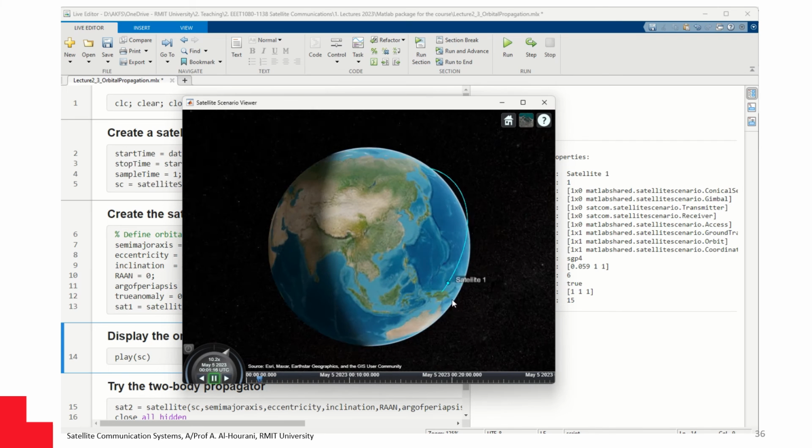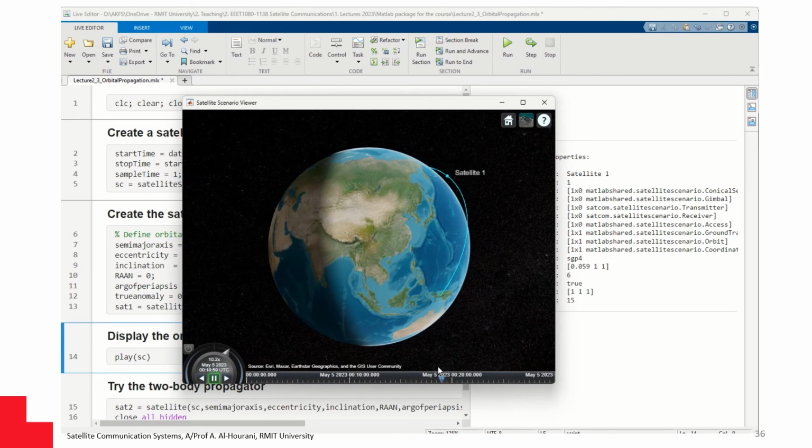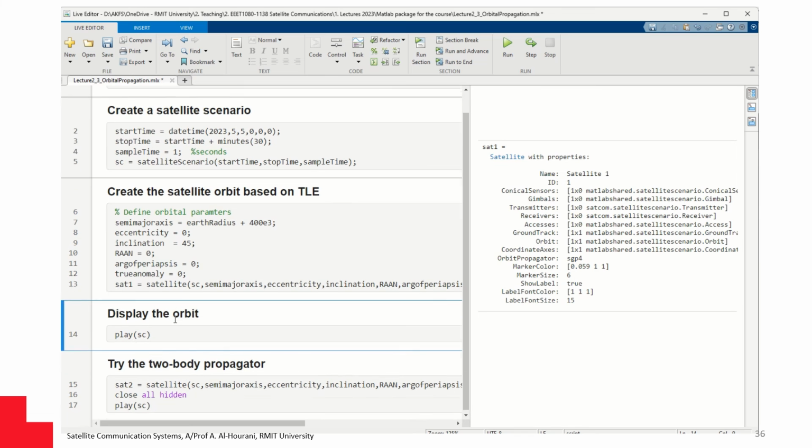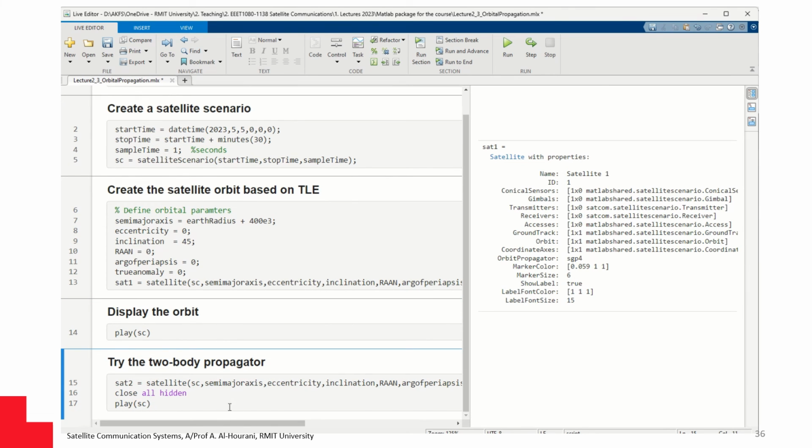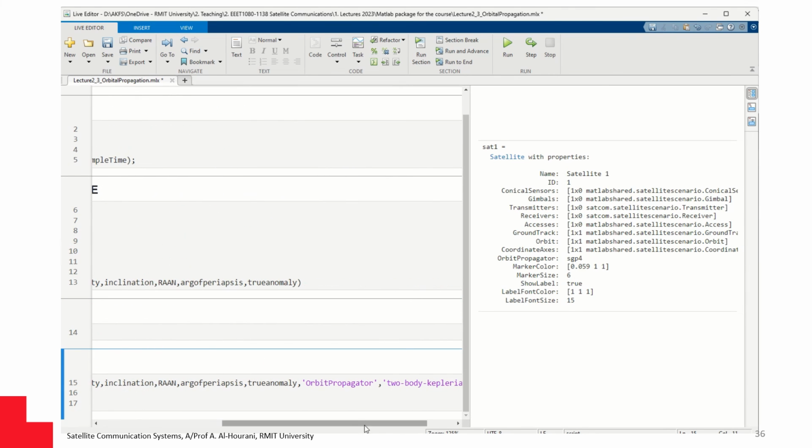So that's why we're seeing the Earth is not rotating. But actually, you can also change the setting, so you can fix the background and make the Earth rotate. So that's homework for you to try. Now let's continue. I'm going to create another satellite, but this time at the end I'm going to specify that I need